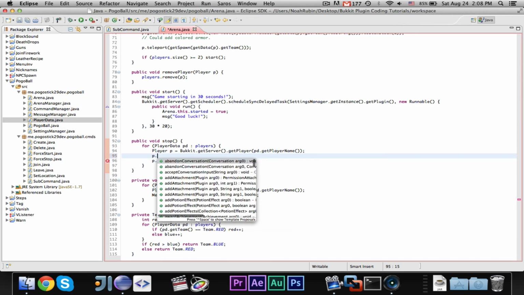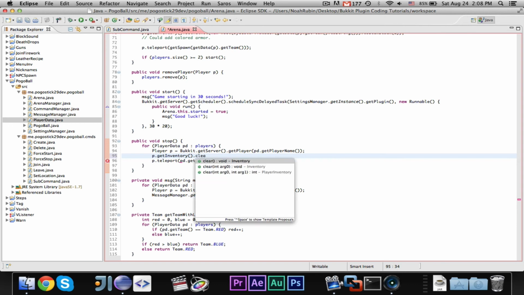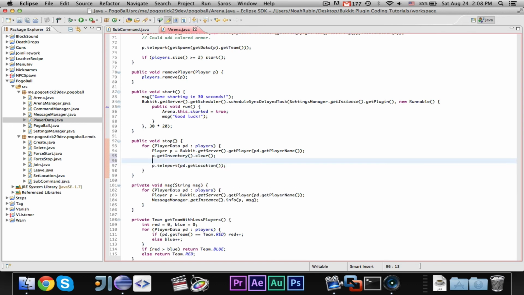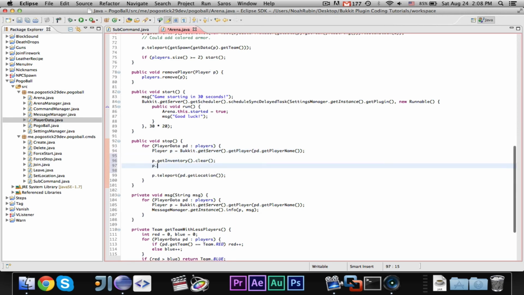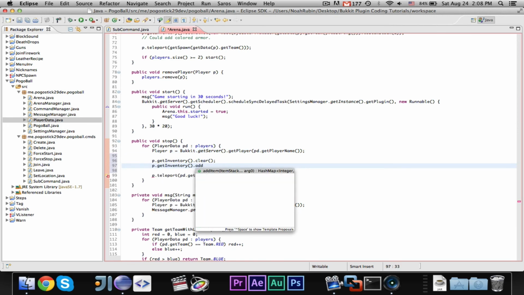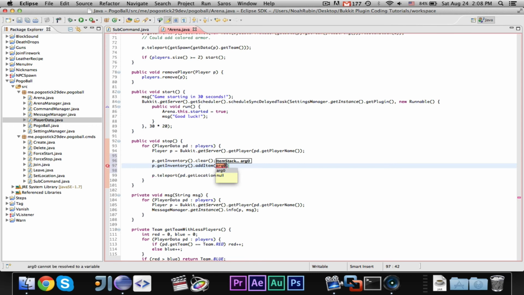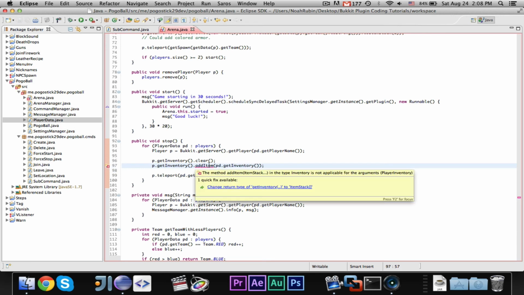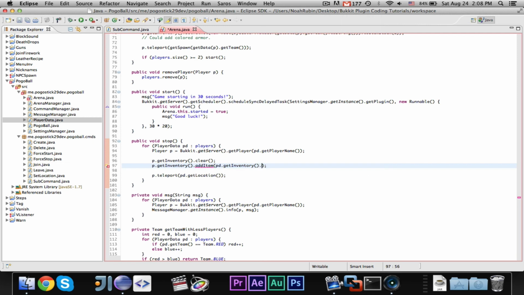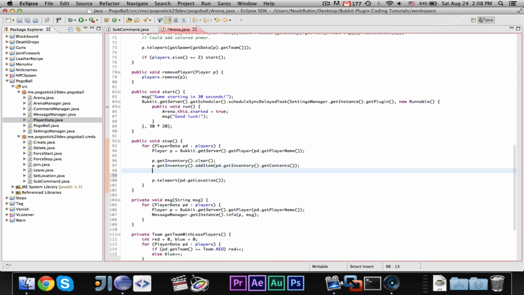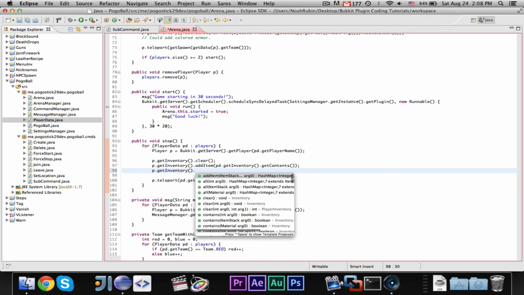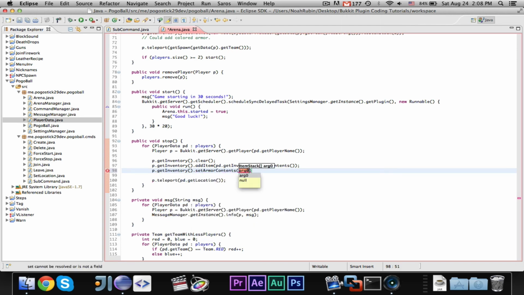And before that, we're going to say p.getInventory().clear(), and then I'll keep this nice and neat, p.getInventory().addItem to pd.getInventory().getContents(). And finally, p.getInventory().setArmorContents(